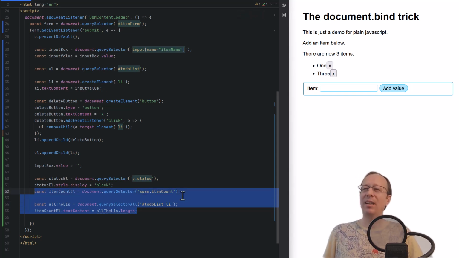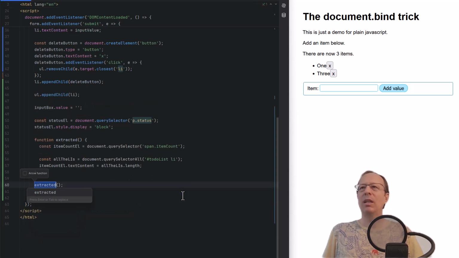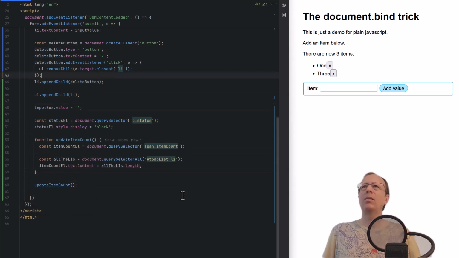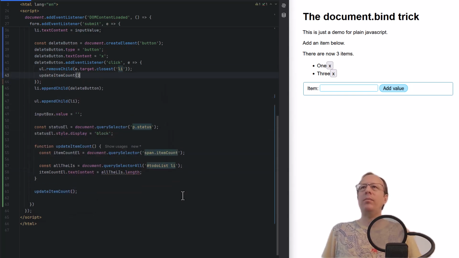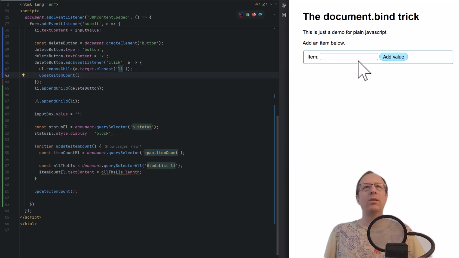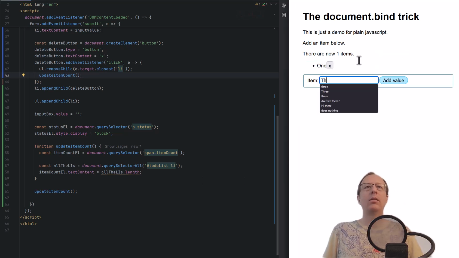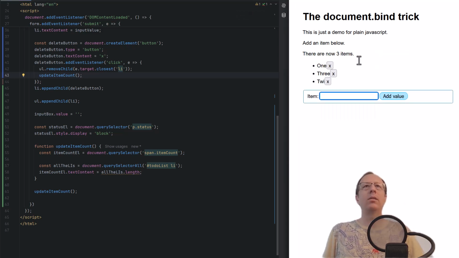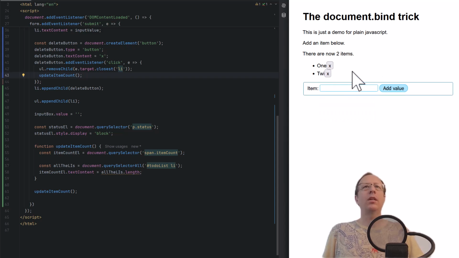We select the item count code, Control-Alt-M to extract into a function. Let's stick it, probably anywhere is fine actually. So update item count. Okay, and we can just call this from here. Let's try that. 1, 3, 2. Okay, there we have it.